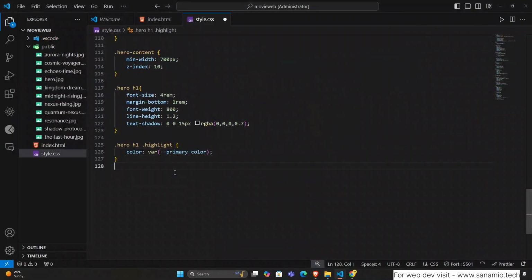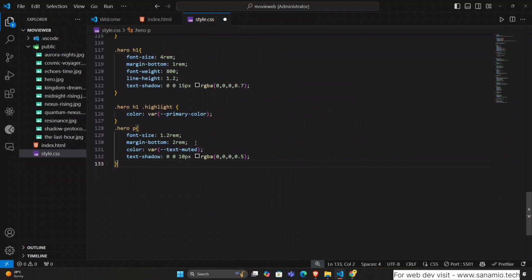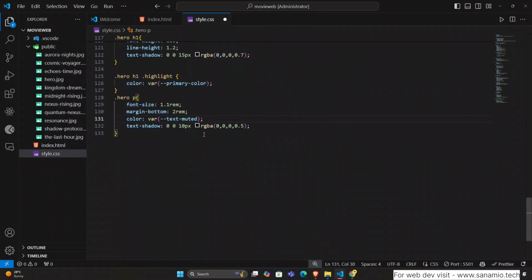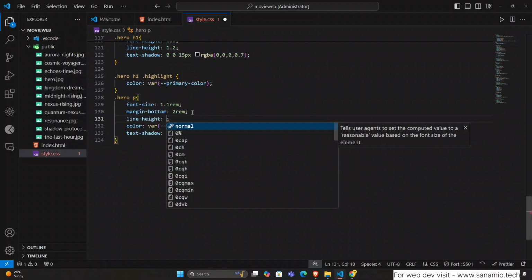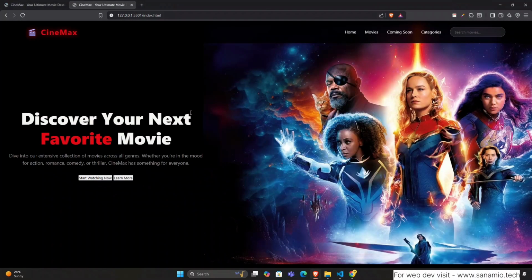Now you can style the p tag here. Font size will be 1.2rem, we can say 1.1rem. Margin bottom 2rem. Line height, we need to give line height. Color we don't need, we can give text muted will be good, text shadow will be good, and we can give line height here. Line height will be 1.6. Okay, good. Now we can style the buttons,